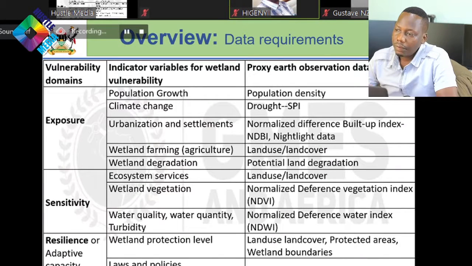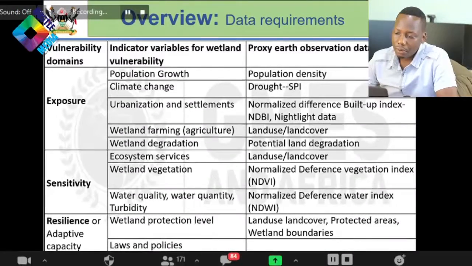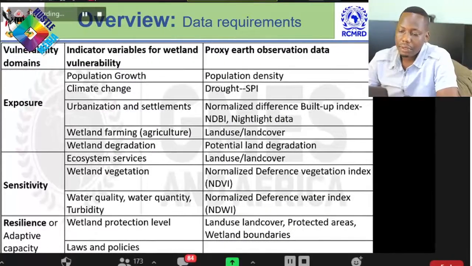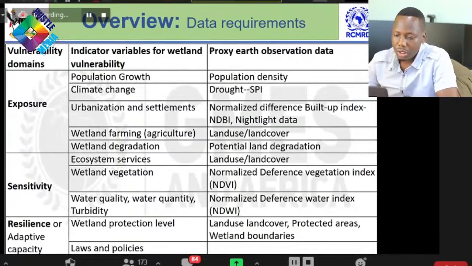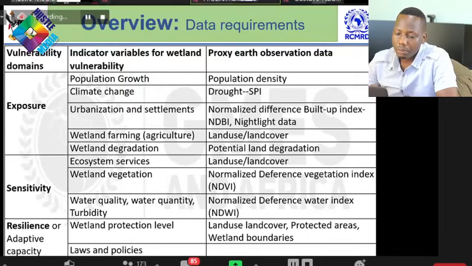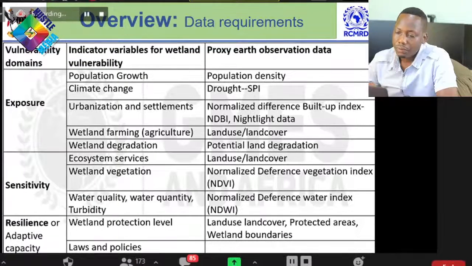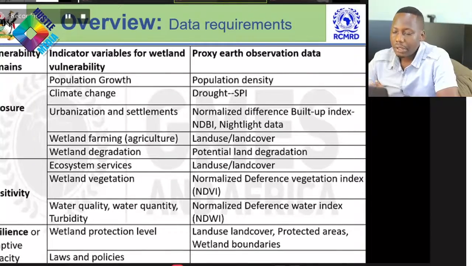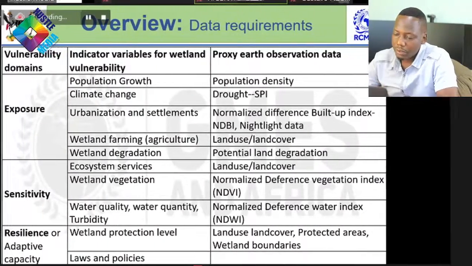So if a wetland is under a Ramsar framework or Ramsar program, it means that wetland has a very high level of protection. So the level at which it will be vulnerable to degradation will differ from that which is just in the open within the rural areas where there is not much monitoring as well as enforcement in terms